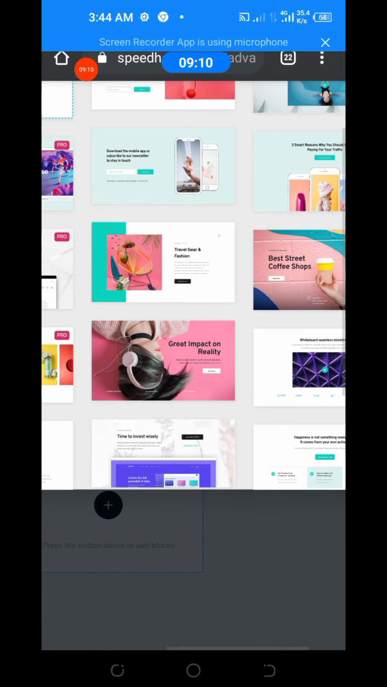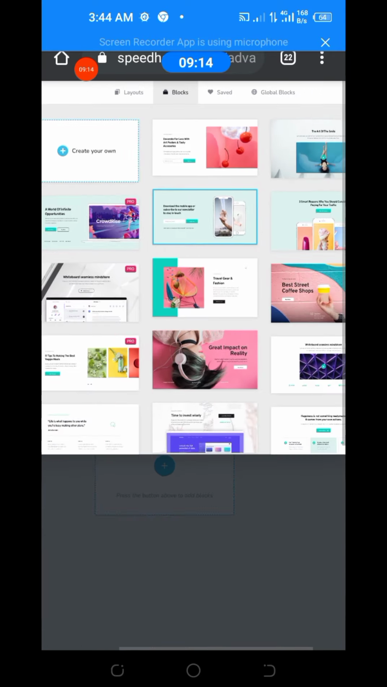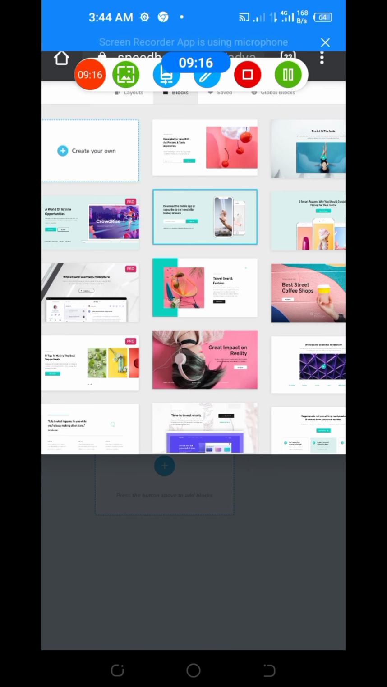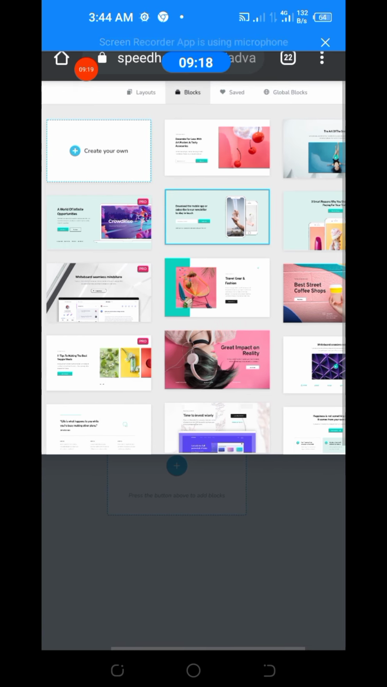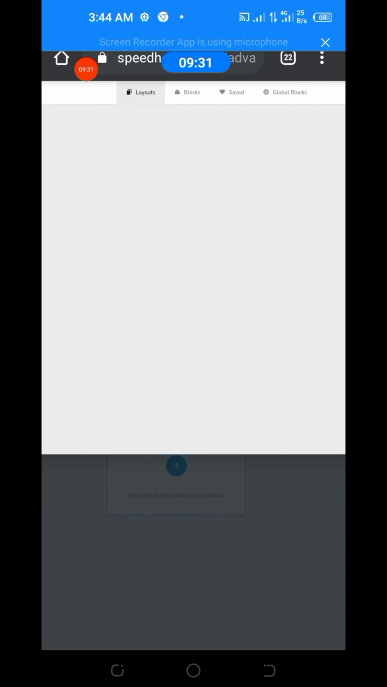At the top here, you will see four columns: layout, block, saved, and global block. These four are the things we are going to use. If you want to choose layout, layout means if you want to install